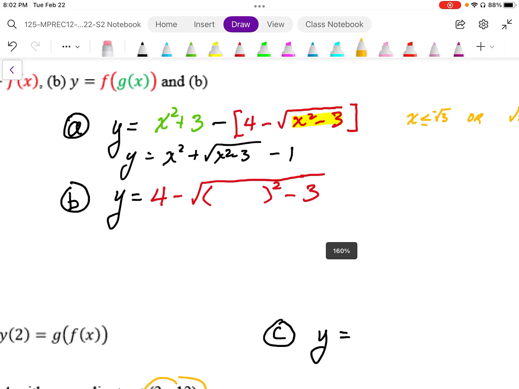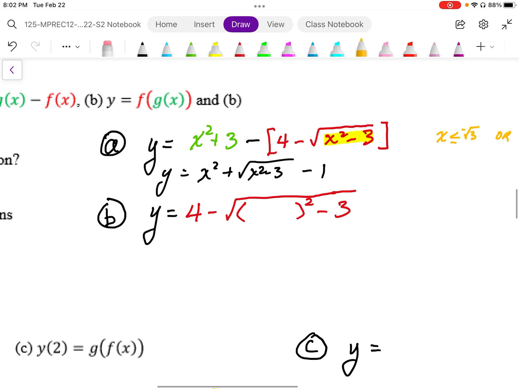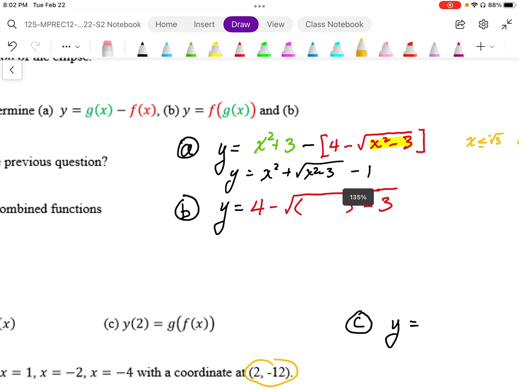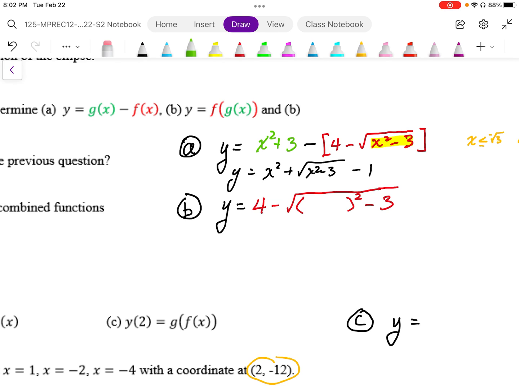For part B, we're being asked to find f of g of x. So f is on the outside, so I've drawn that in red, and then g of x is going to be embedded on the inside of this. So g of x, if we recall, is x squared plus 3. Okay, so there's my